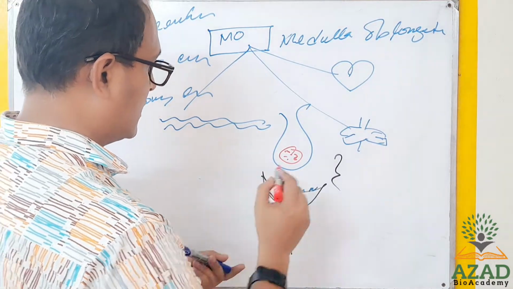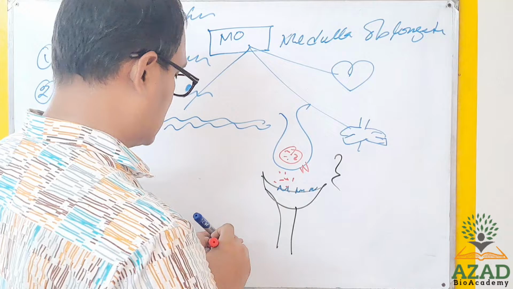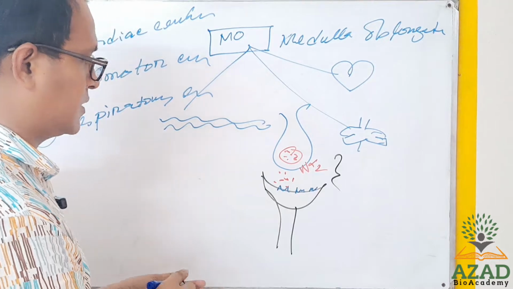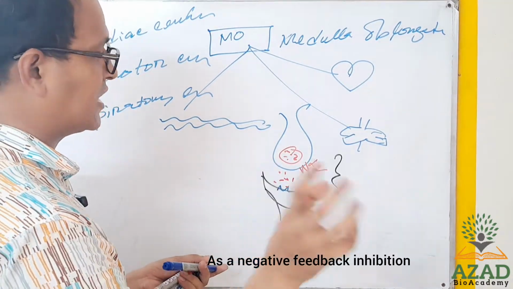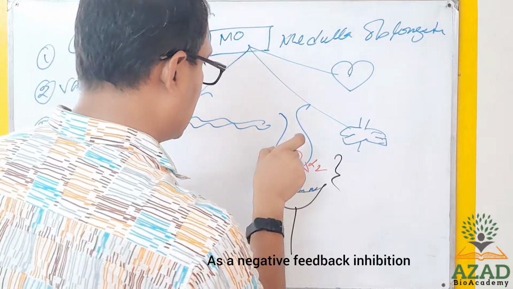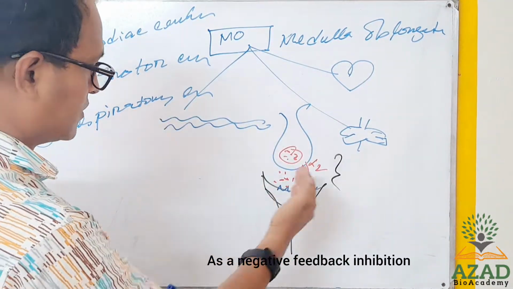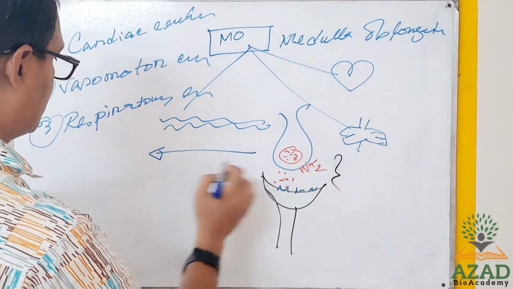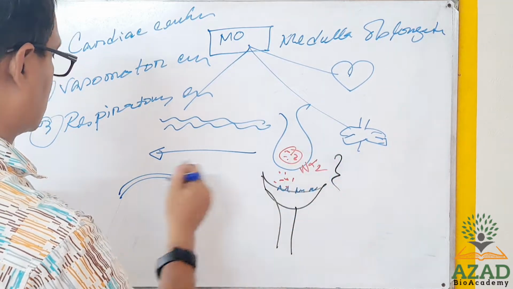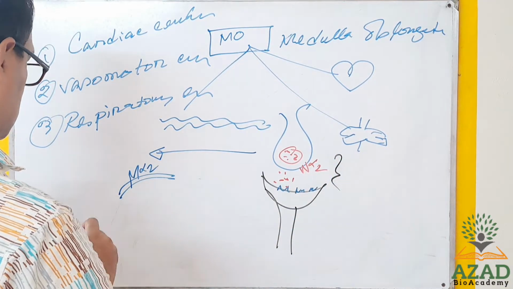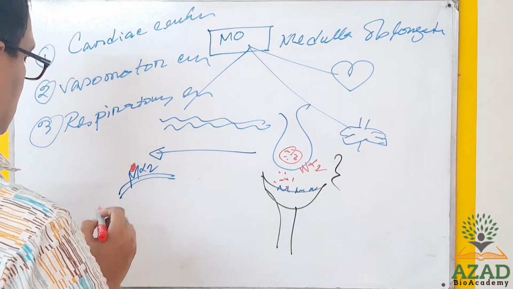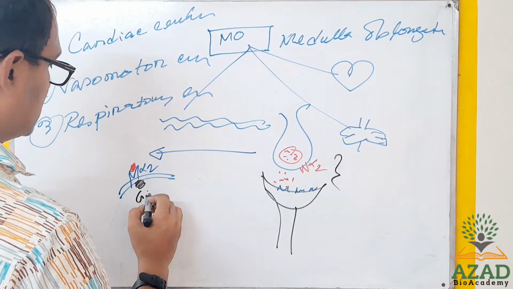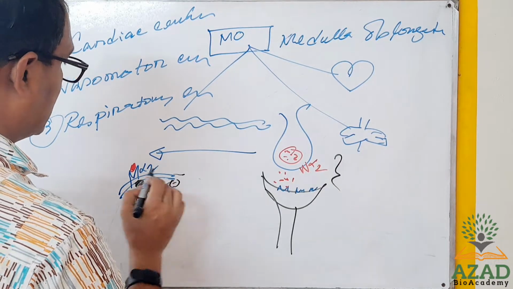Here another receptor is there, the alpha 2, and alpha 2 is basically an inhibitory receptor, meaning a G protein coupled receptor, Gi. Then how it will inhibit the neurotransmission of the adrenergic neuron, I will explain shortly. This is the alpha 2 receptor of the presynaptic terminal. Here it will bind the noradrenaline. It is connected with the Gi, and when Gi is activated,